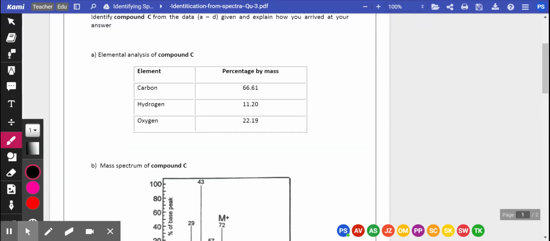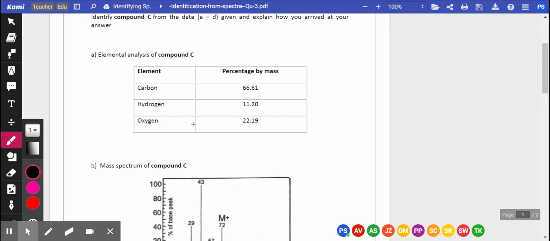Hello everyone. In today's video, we are going to use everything we've learned about spectroscopy, put it all together, and identify an unknown compound using the different data that can be provided to us. Now, the first thing you might do to a sample that you obtain is do an elemental analysis. And this tells us how much of each element you have. For example, if we look at this table, we can see the percentage by mass of carbon, hydrogen, and oxygen